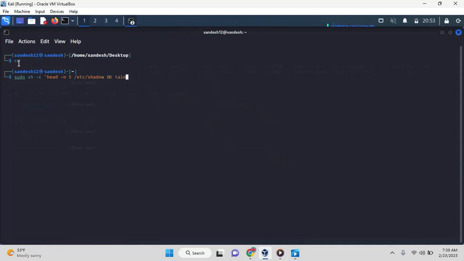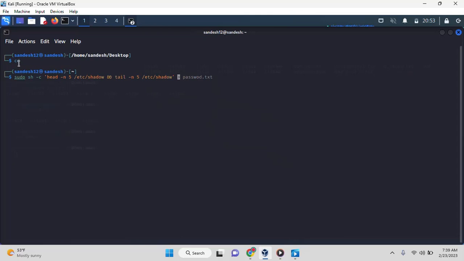We need to execute another command. So tail means the last 5 lines. Tail -5 means the last 5 lines, and the file path /etc/shadow,